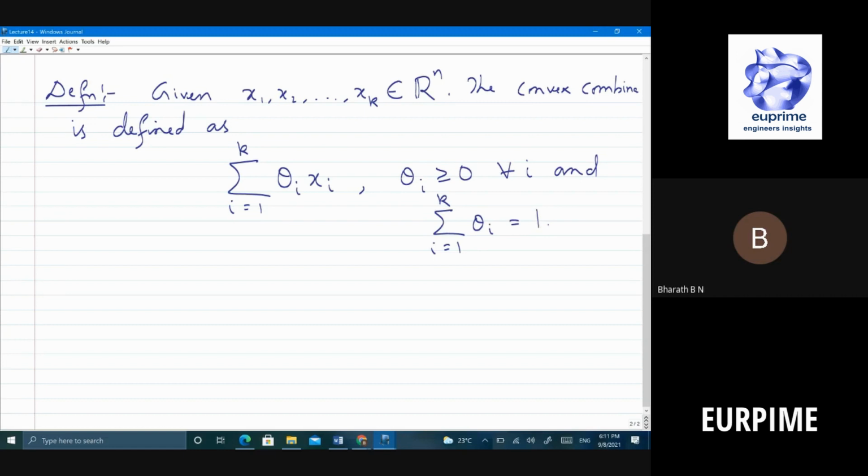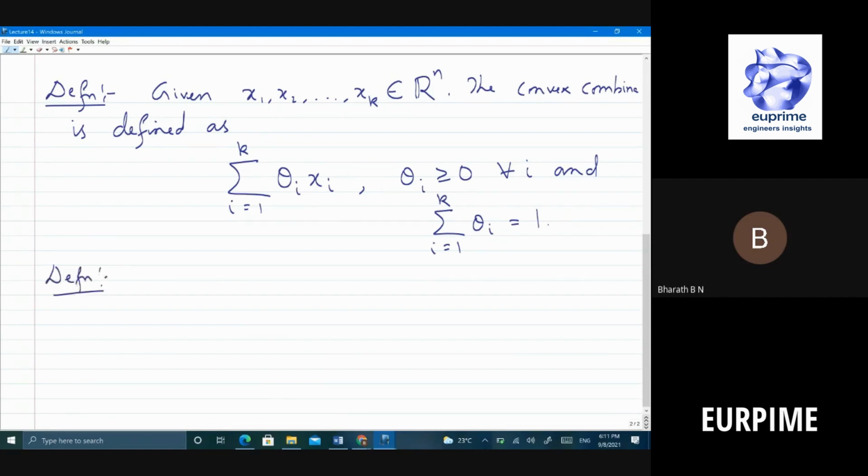In fact, if you take 3 points and take the convex combination, you will get all the points. If I choose different theta i's, I get different points inside the triangle. Is that clear, everyone? So that is what you mean by convex combination. Okay. Now this leads to what is known as